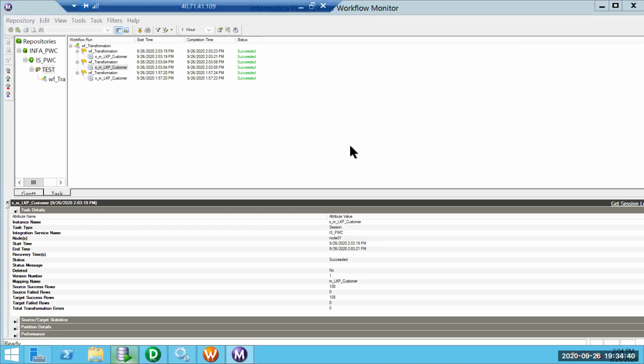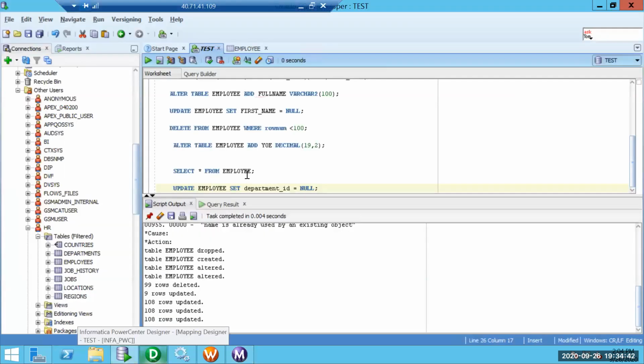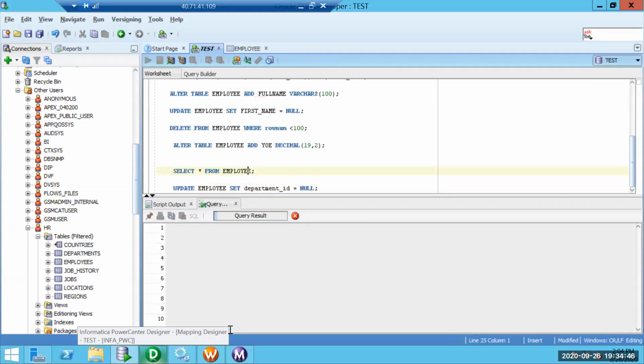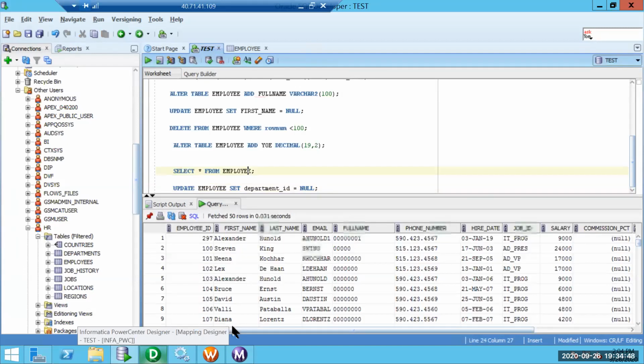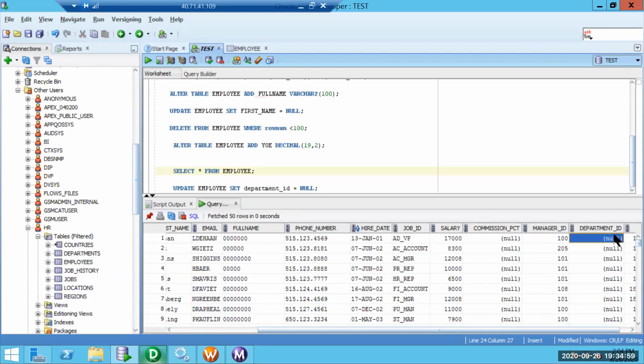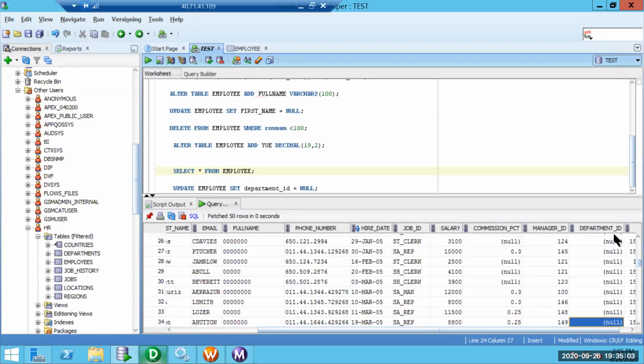So let's see now what data exists in the employee table. We will try to sort by hire date and see the corresponding data. Hire date, yeah, there you go. 2001, we did not cache anything before 2018, so everything is null.